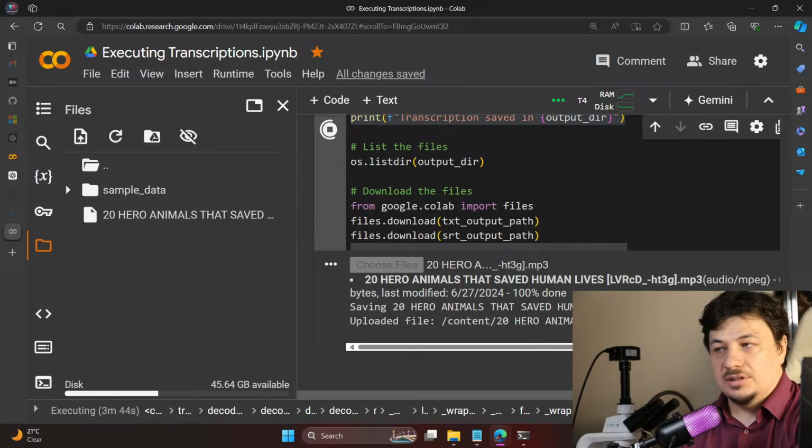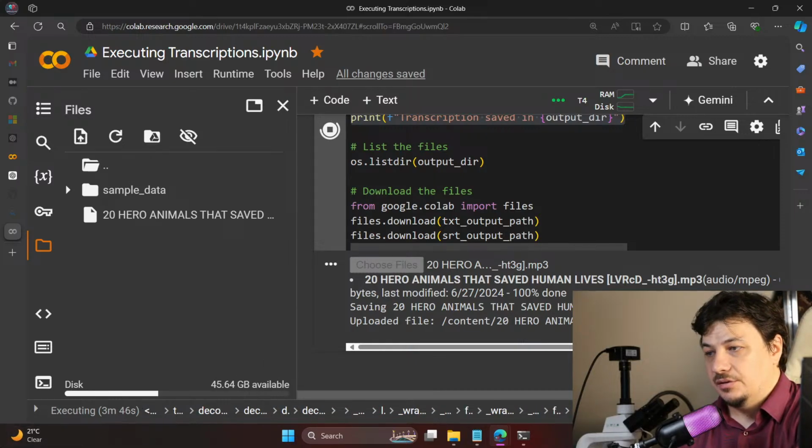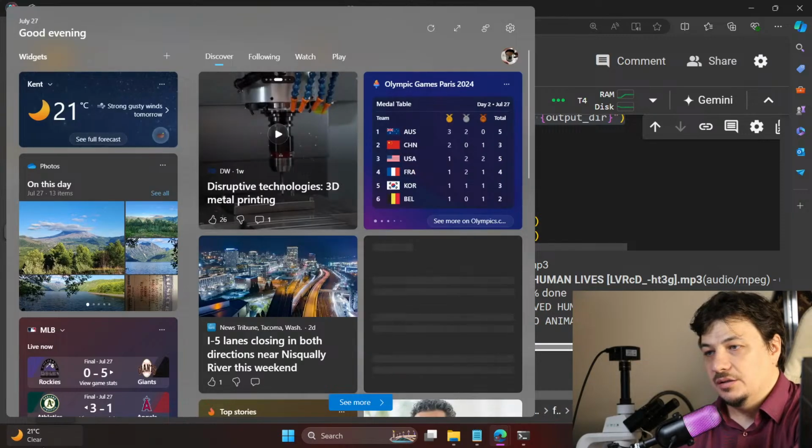Even executing something in the browser is actually eating some of my